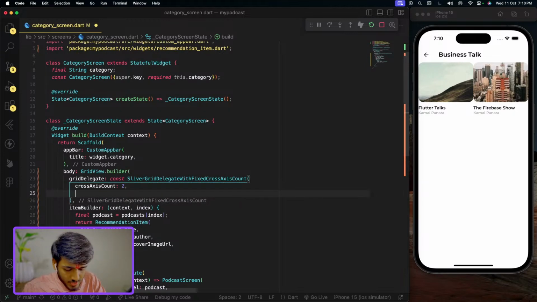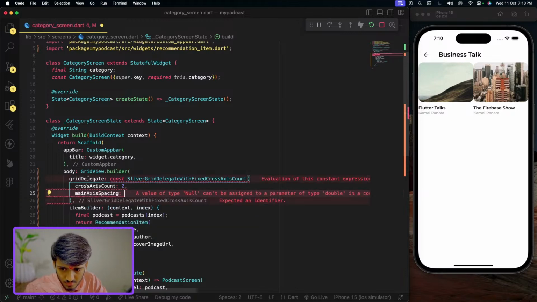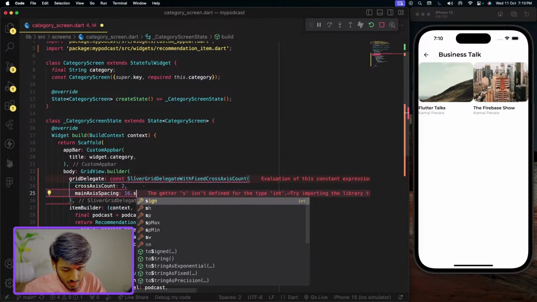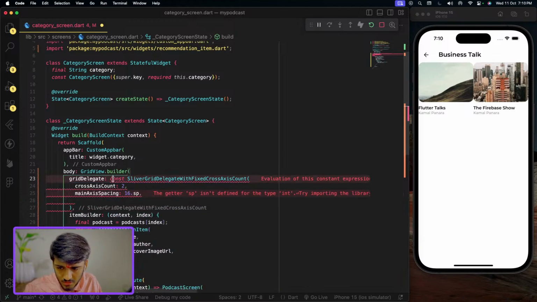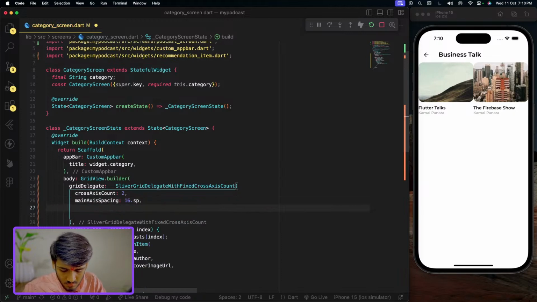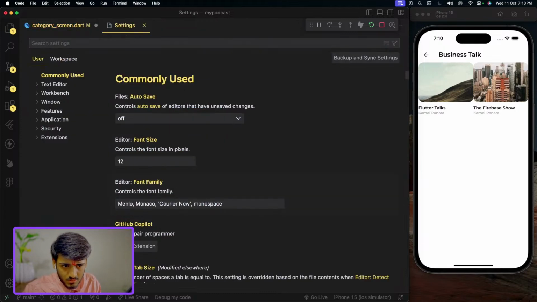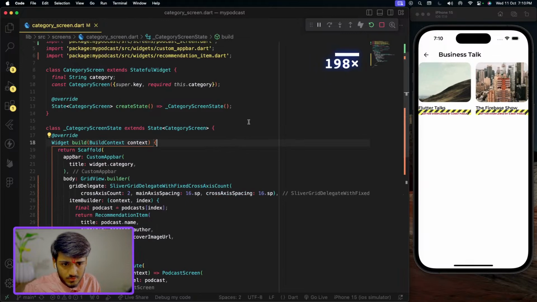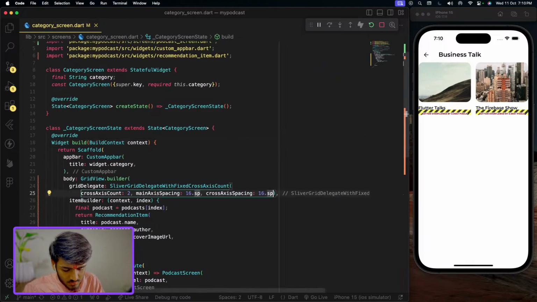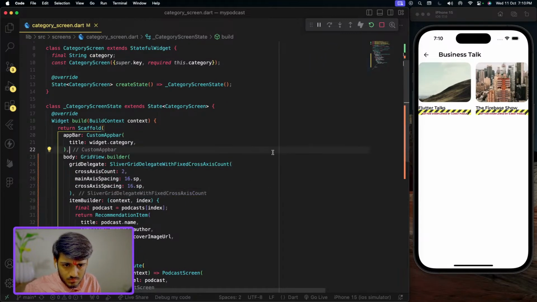Now we're going to have main axis spacing and cross axis spacing. We're going to have 16 SP. Cross axis spacing again, 16 SP. Oops, I pressed the shortcut key for settings, I shouldn't be pressing it. Okay, anyways,